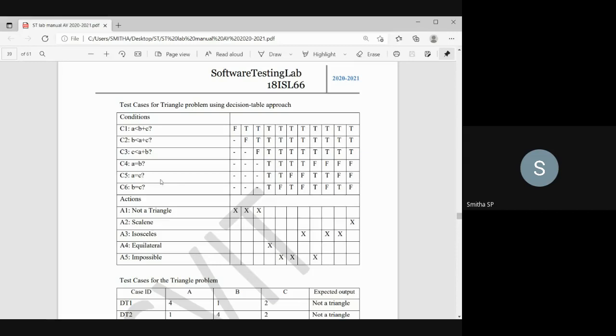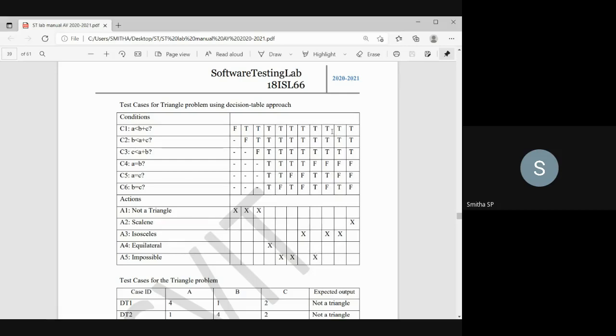Then moving to the fifth condition, A is equals to C, it is true. Then condition 6, B is equals to C, here it is true. Just check what entries they have made here. A is equals to C, true. B is equals to C, true, in the sense A should be equals to B. But they have made an entry as false. So you can't have this. This scenario is not possible, that's why it is an impossible action.